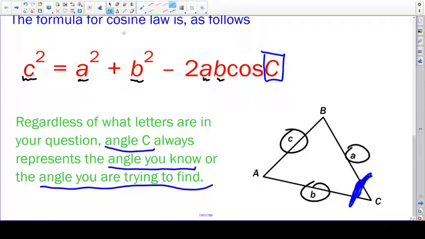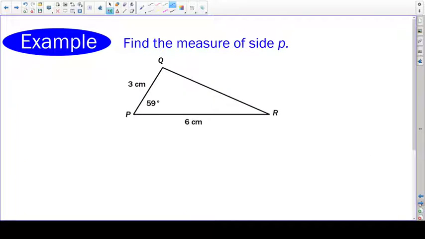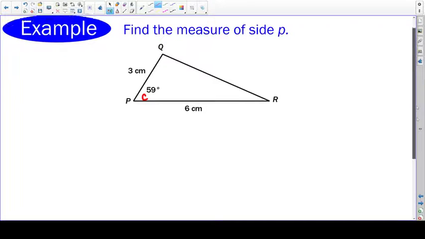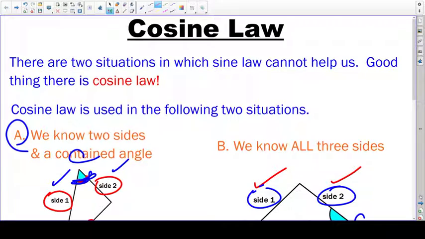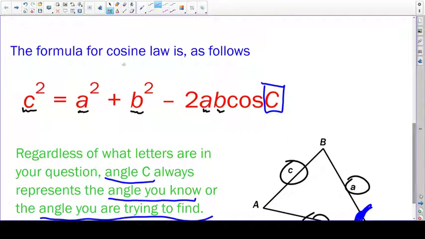So let's see how this works. Example, find the measure of side P. So we know two sides and a contained angle. Remember what I just said, that angle C is the angle that we know. Remember that, because cosine law is c squared equals a squared plus b squared minus 2ab cos C. So another way of thinking about it is that